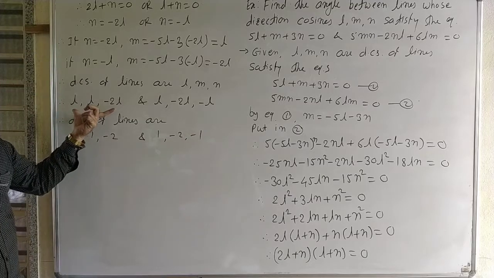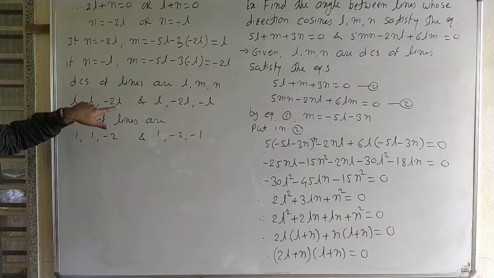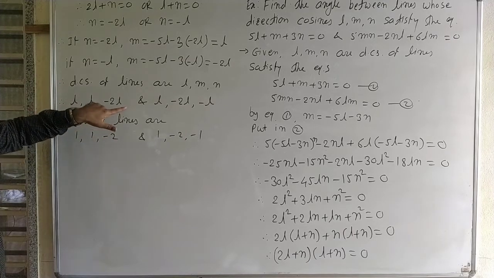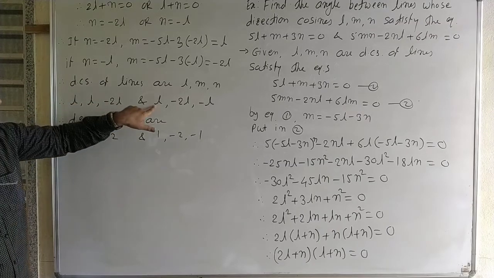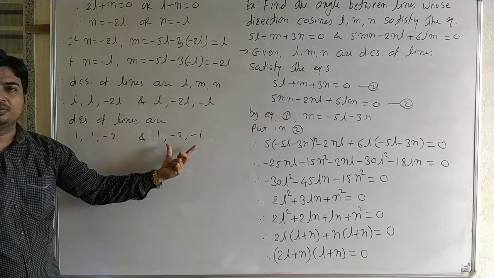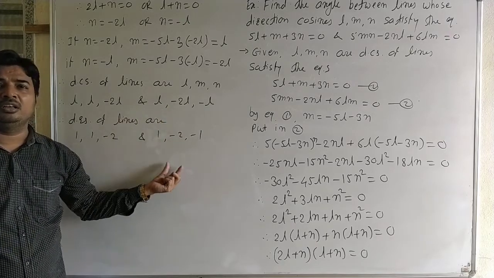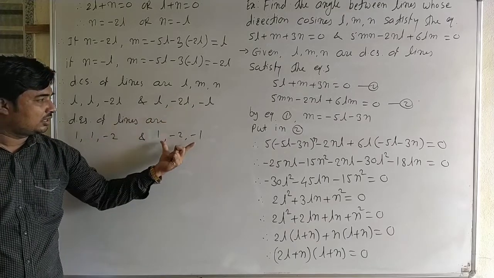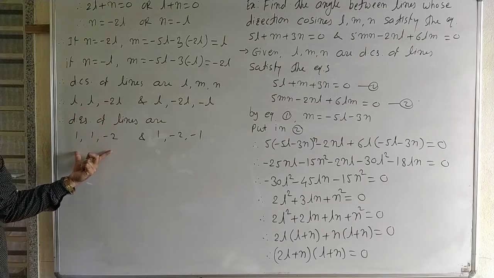Okay, proportional, direction cosines ला proportional असणारे कोणतेही number. Here direction cosines and then the 1, 1 and minus 2 are proportional, because L gets common, 1, 1 and minus 2. Direction ratios are any three real numbers proportional to the direction cosines. Therefore these are the direction cosines, and these are the direction ratios.